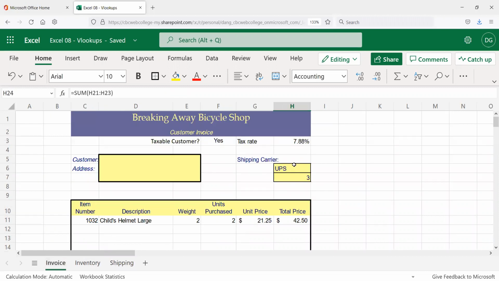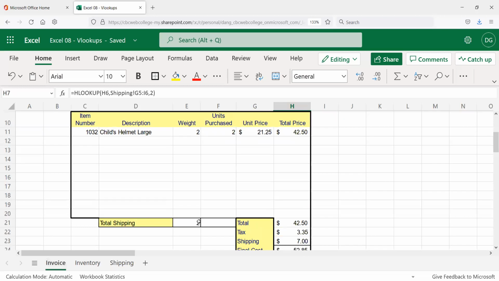When you're using these lookups though, they can be words. However, once again, if I type in "up" and don't type in UPS correctly, see, it guessed. So it does make a difference. It has to be an exact match to really be sure. The other thing is, you will notice here, our shipping is 2 pounds. If I click on my shipping over here,